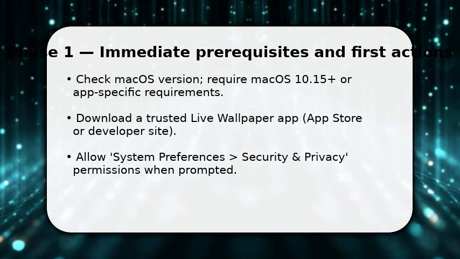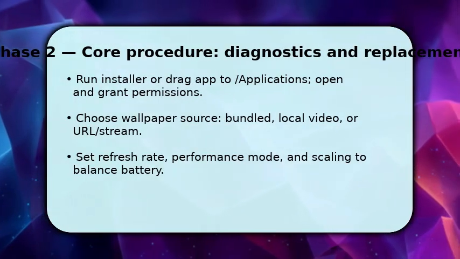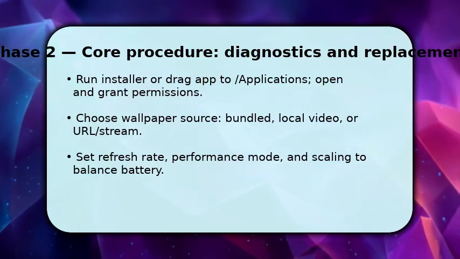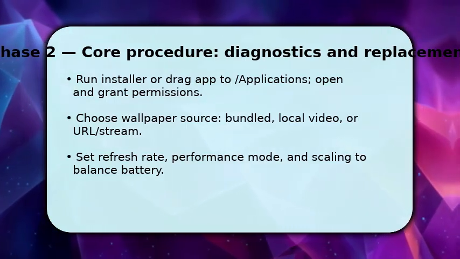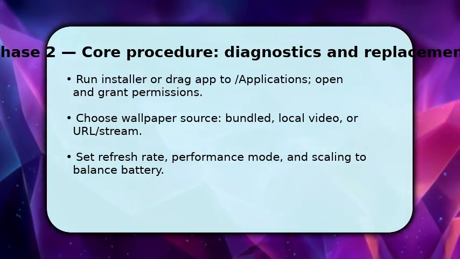Open the installed app and follow on-screen setup. Drag to /Applications if needed, then give any remaining permissions. Choose your live wallpaper source, bundled presets, a local MP4, or a URL stream, because each behaves differently for CPU